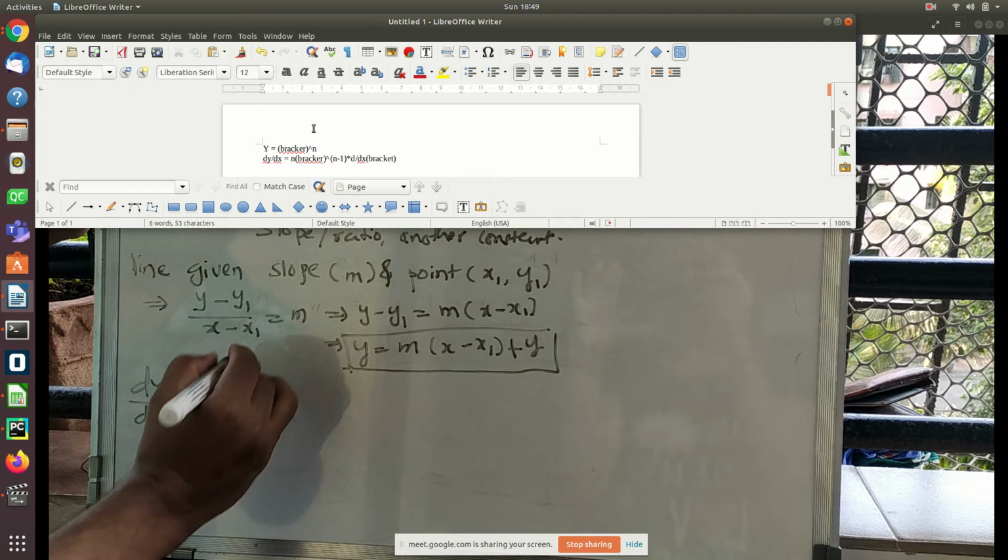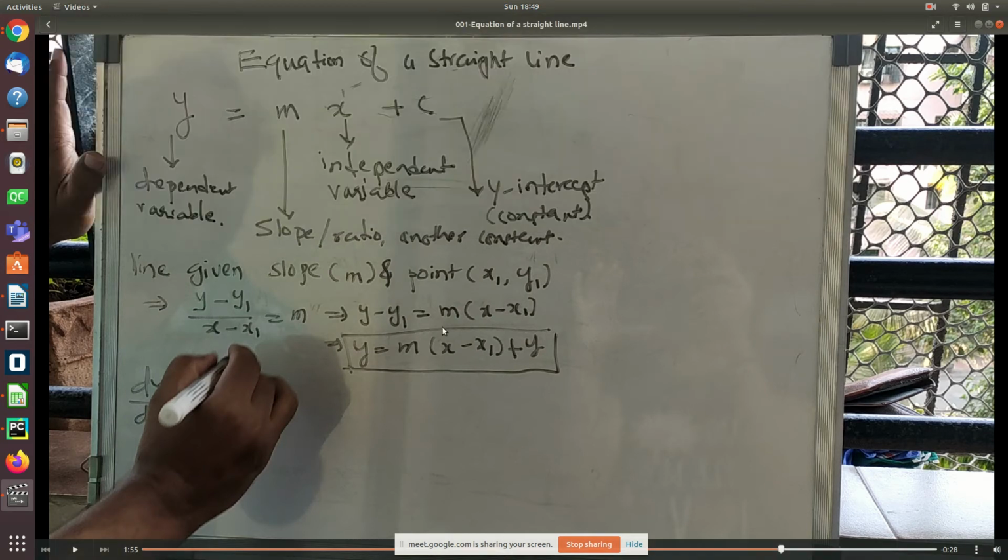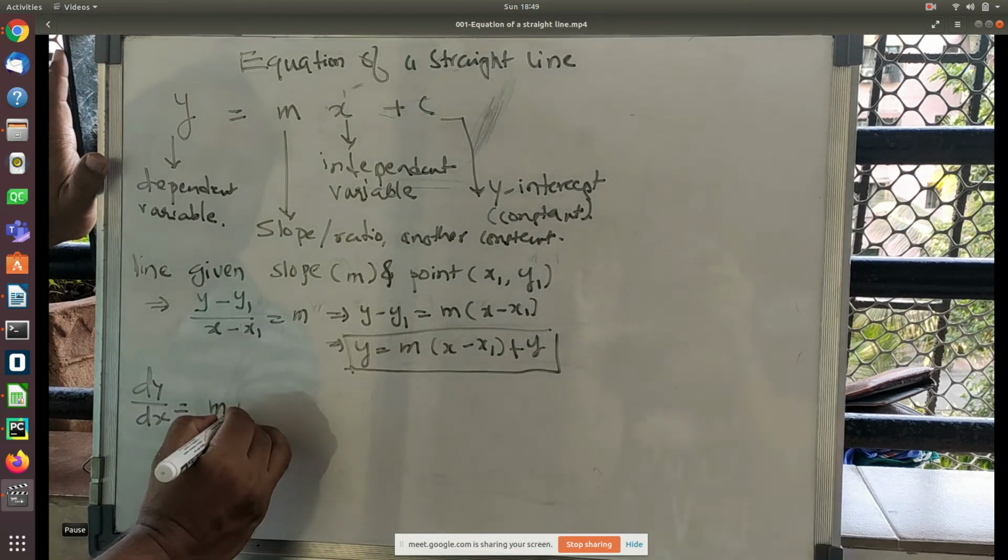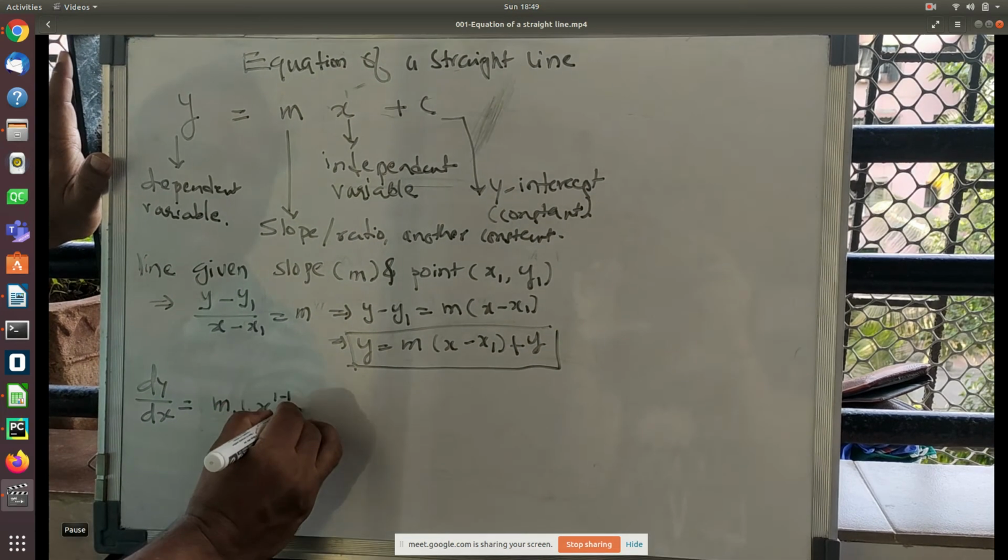So x raised to n is n into x raised to n minus 1. If there is some bracketed quantity raised to n, the derivative is n times the bracketed quantity raised to n minus 1, times d by dx of the bracketed quantity. This we will use in a partial derivative in just 20 minutes from now. Okay. Excellent, Raunak. That was a fantastic answer.